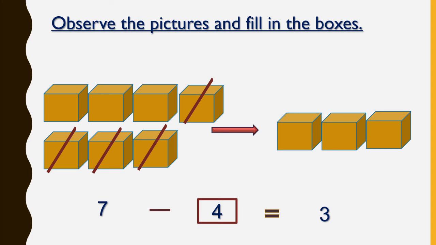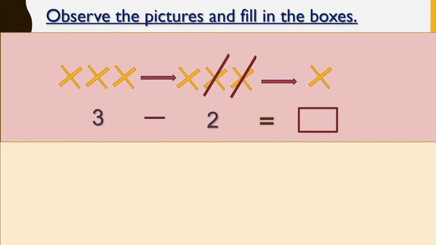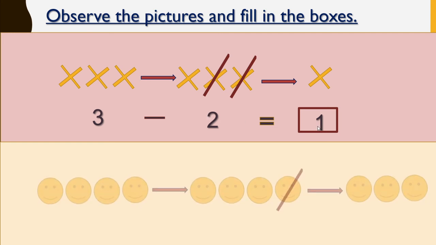Yeah? Very nice. Next, here directly the sum and the box are given. Please observe this carefully. Come on, tell me the answer. What must be there in that box? Or which number do we have to write in that box? Earlier 3 were there, 2 cancelled. How many remain? Single. Very good. That is 3 minus 2. That is 1. Very, very nice.